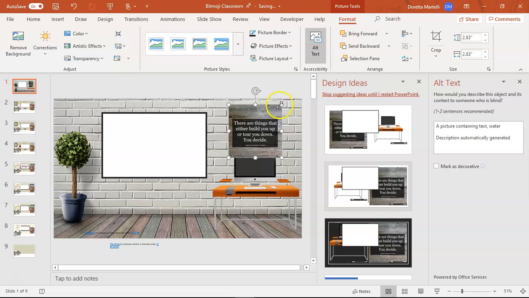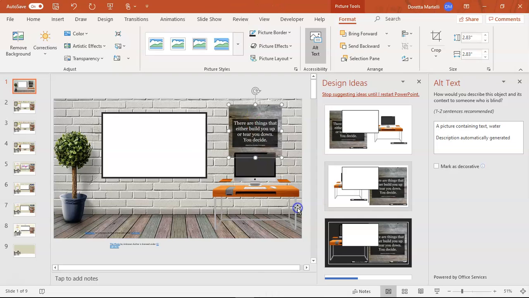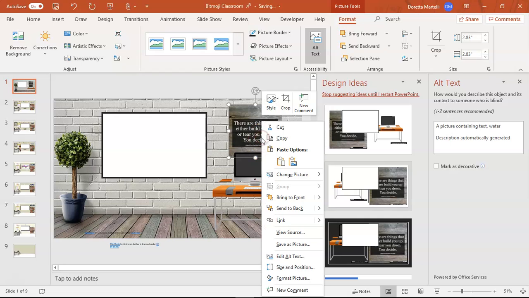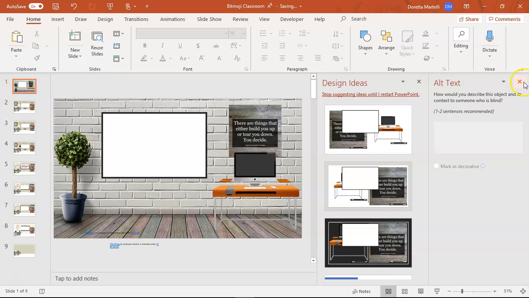I don't like the way this is on top of the computer, so I am going to send this. We all know how to do that, right? Send it to the back. It's not working. Oh, it's over here. Send it back. Okay, so now I have my basic